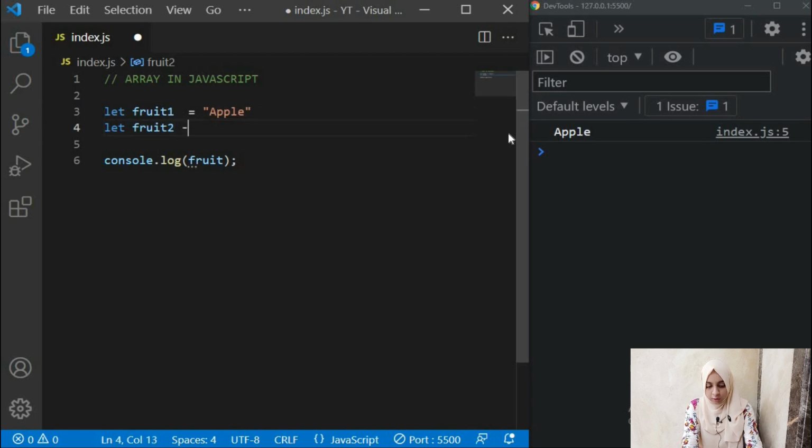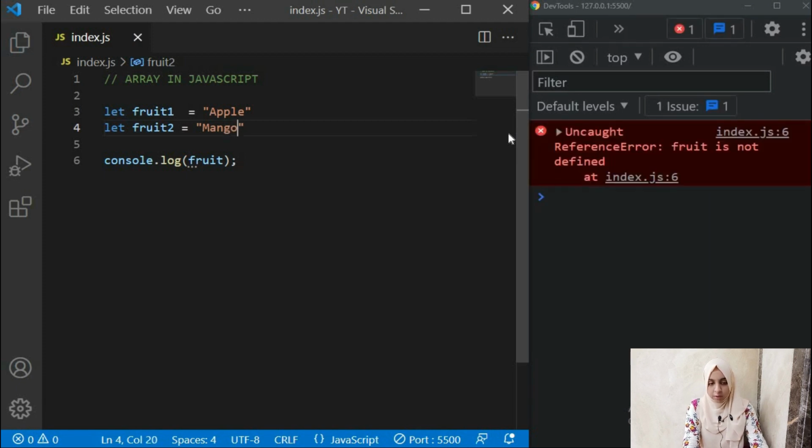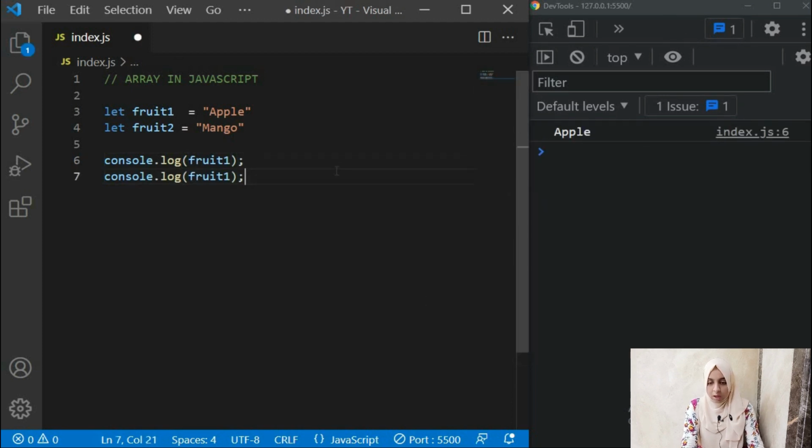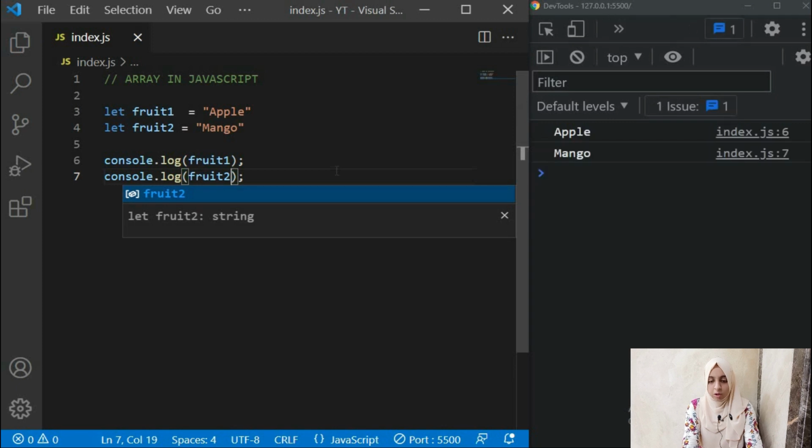Here you have fruit1, and you can give fruit2 the name of, for example, mango. You save it. We don't have fruit, so it shows an error. So let's print fruit1, you get an apple, and you can log fruit2 as well, so you get a mango.